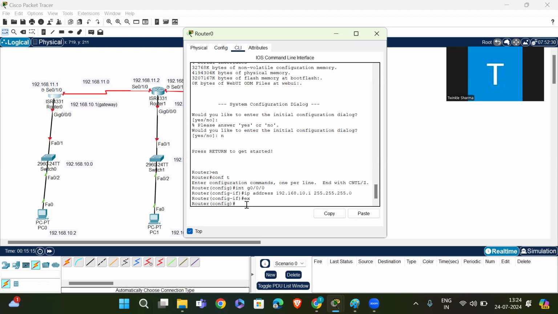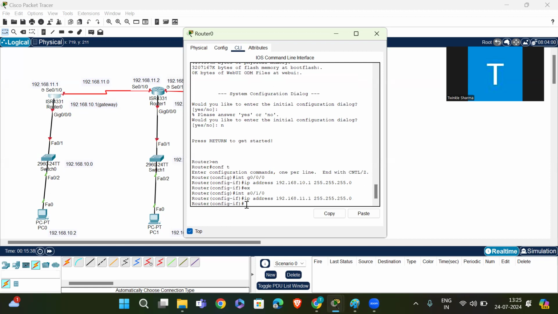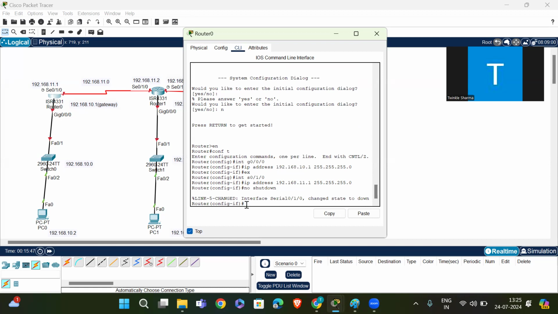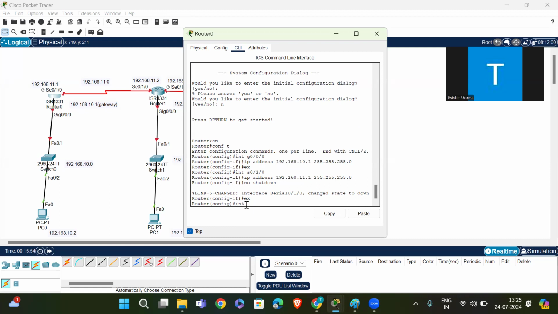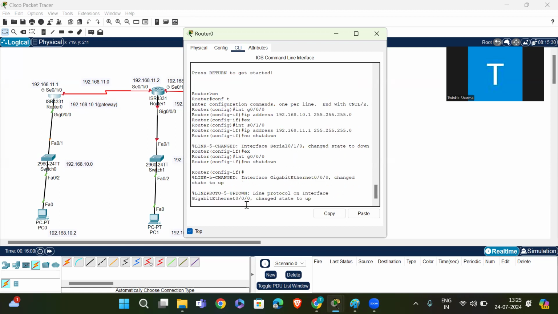Then interface S0/1/0, IP address 192.168.11.1, 255.255.255.0, no shutdown. Exit. Interface G0/0/0, no shutdown.